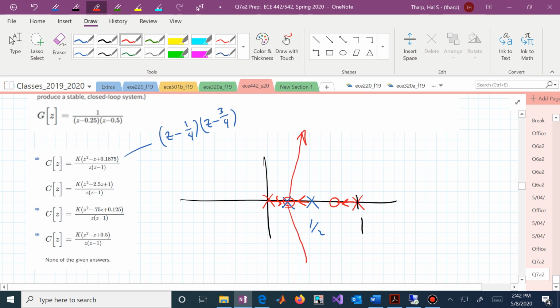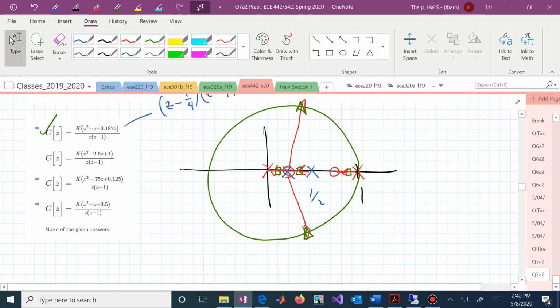We don't need to worry about where they are going asymptotically in terms of where that centroid is located, but we just need to determine that in fact there is a range on K that will allow this pole to be inside the unit circle at the same time as these two. We are restricted on our gain. As soon as we cross or go beyond that unit circle, then we can't crank up the gain anymore, but this particular controller is fine. The next one,